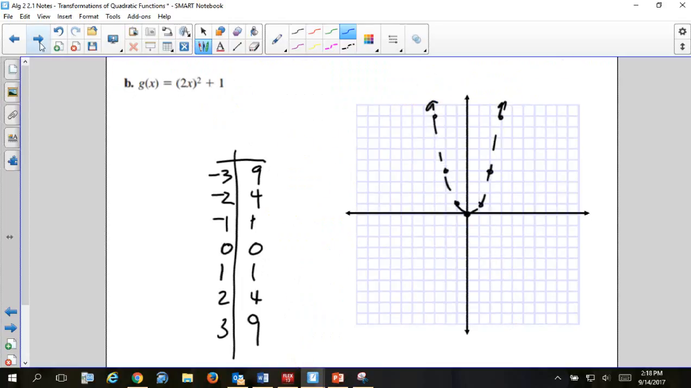There. Okay, so I have my table. These are my original parent function x, y's. Now we need to figure out the transformation. So inside the parenthesis, I see a 2. What does that mean if it's inside? It's horizontal. And if it's horizontal, it's always opposite. So I have a horizontal,